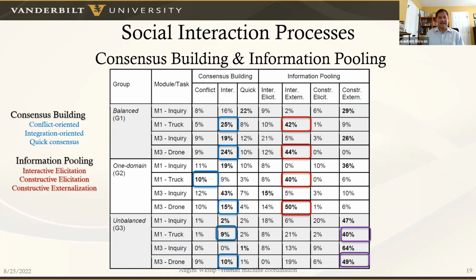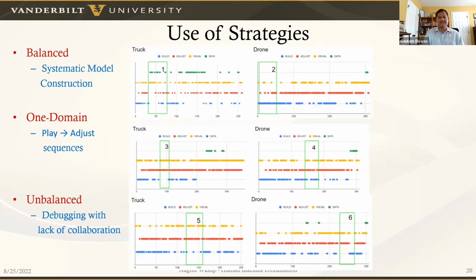For the unbalanced group, there wasn't as much interactive elicitation or externalization. A lot of it was constructive externalization because, as I said, one student was doing most of the problem solving, explaining the problem solving process to the other student. When you look at, for example, their use of strategies,